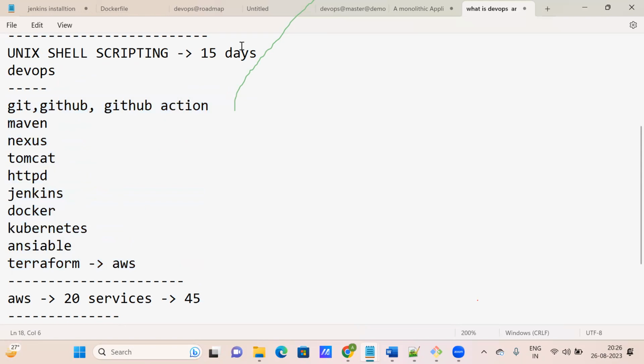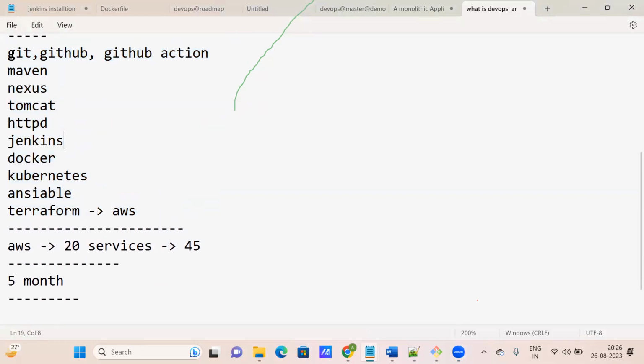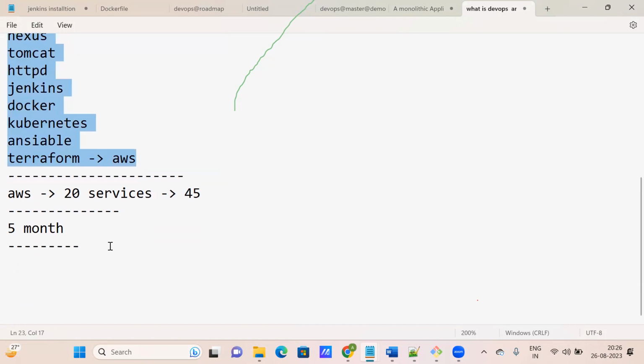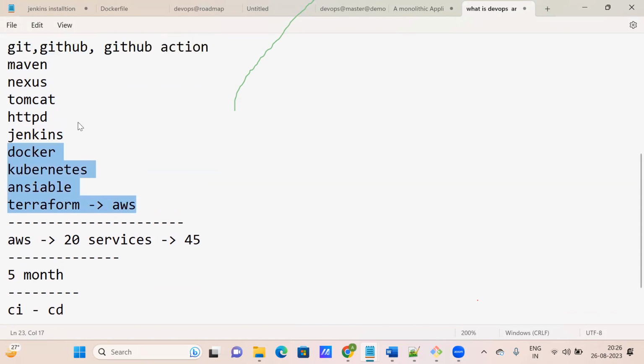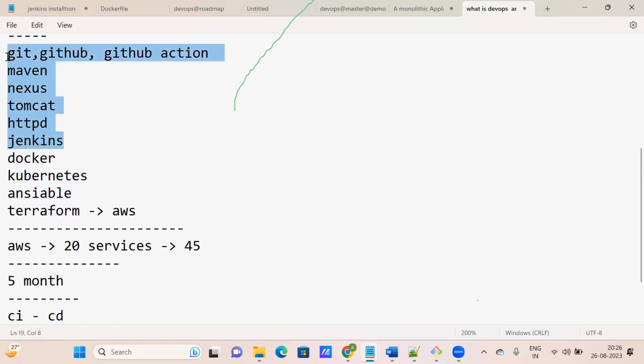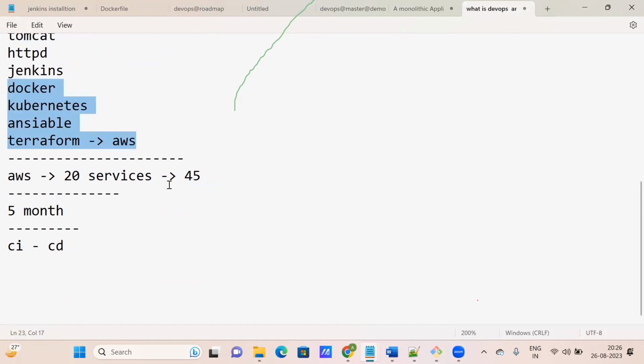So what is CI/CD pipelining? Is it going to be covered in this? Yes. Once you learn everything, Jenkins is the CI/CD pipeline. CI means continuous integration, CD means continuous deployment. Deployment will happen using these 4 tools, and CI will happen using the 5th and 6th tools. If you are going for a CI engineer role, you can learn this. If you are going into operations or a CD engineer role, you can learn this. And in AWS also you have a CI/CD pipeline, which we are also going to cover.